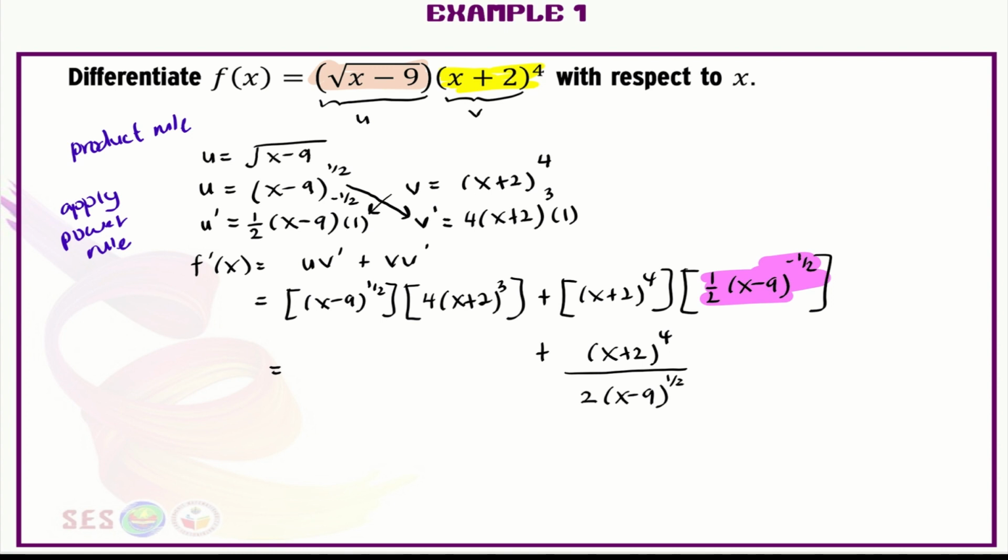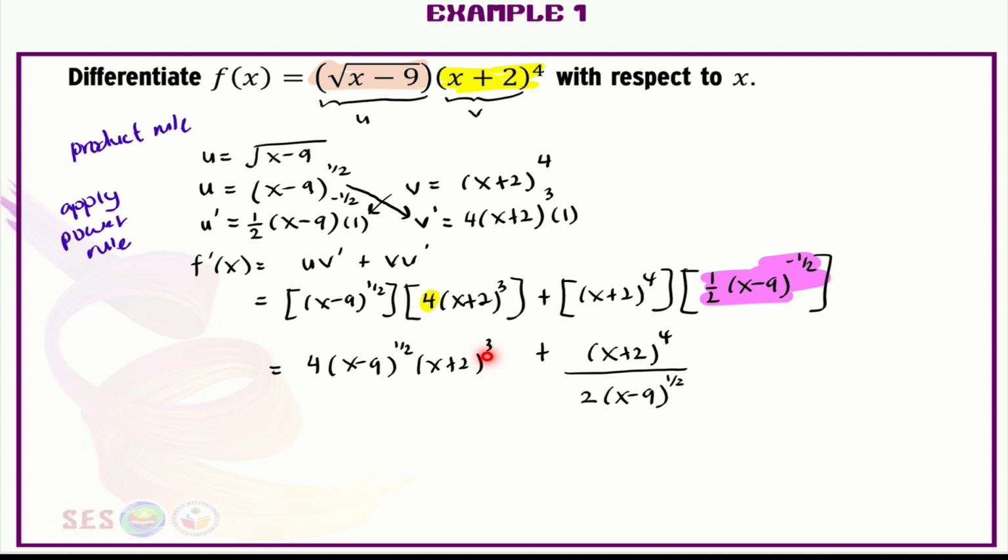So this 4 here is a constant, which means it can move freely to the front here, because all of these are multiplication, so it doesn't matter. I'm going to put it in front of the x minus 9. So let us write it as 4 times (x minus 9) to the power of 1 over 2, times (x plus 2) to the power of 3. All right, so now basically we have